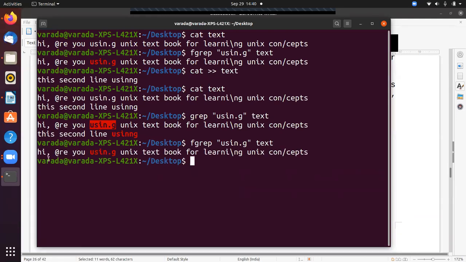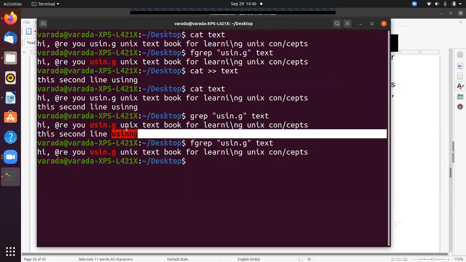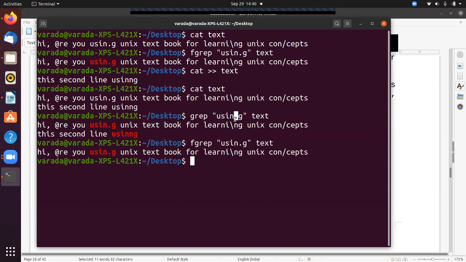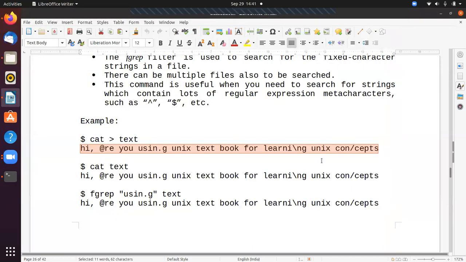If I use grep, it displays the other match too, because dot means any character, so it displays this another one also. Okay, so that is the purpose of fgrep. Whatever you provide as a pattern, it finds the exact match in the file.